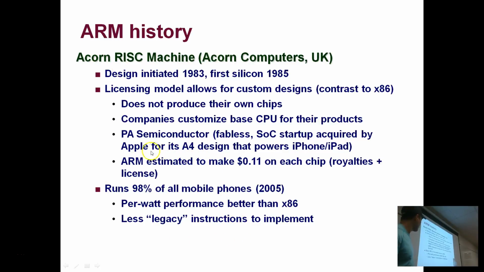The most famous example is PA Semiconductor, which was a startup company that was basically designing ARM fablessly. So they didn't have a fab, like Intel has the design and the fabrication. These folks were just doing the design and then outsourcing the fabrication elsewhere, so a fabless semiconductor startup company. And they were interested in using the ARM architecture to build a system on a chip. So your networking hardware is on the chip, your graphics is on the same chip. So they wanted to build it all in one and then embed that in something like a phone, a mobile device.